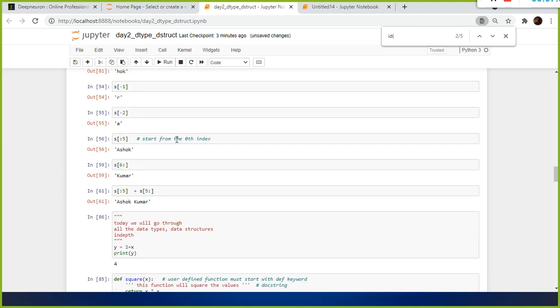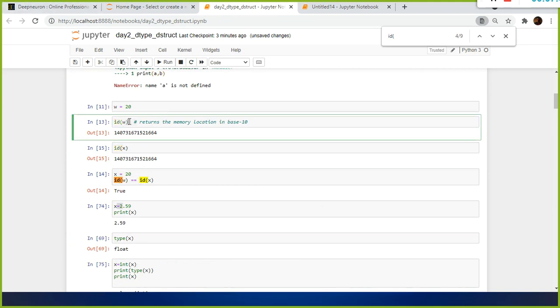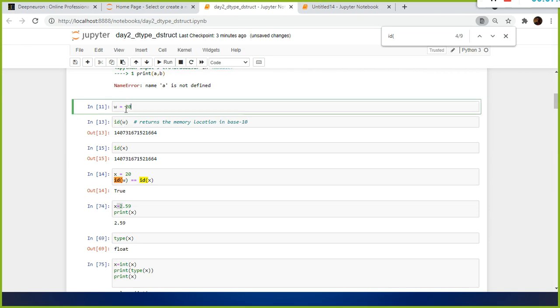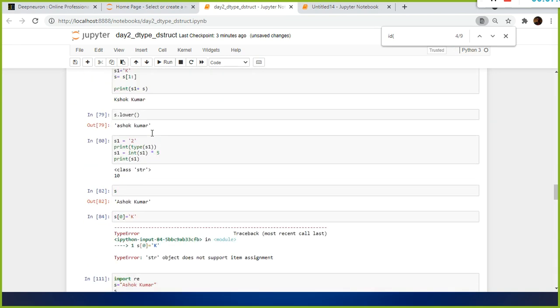Here id of w gives you the memory location. So in which location of the memory is the value held by the variable w? The value held by w is located in this memory location.